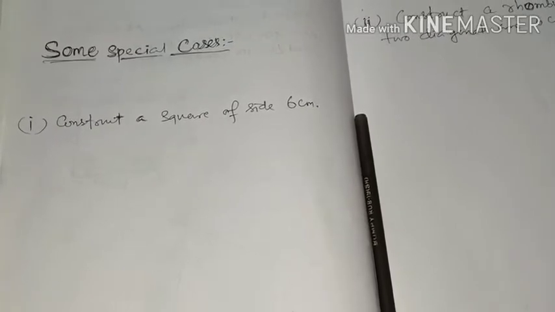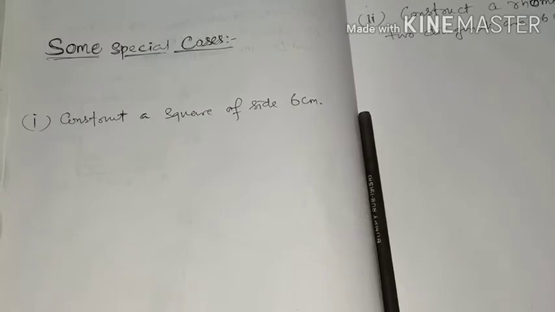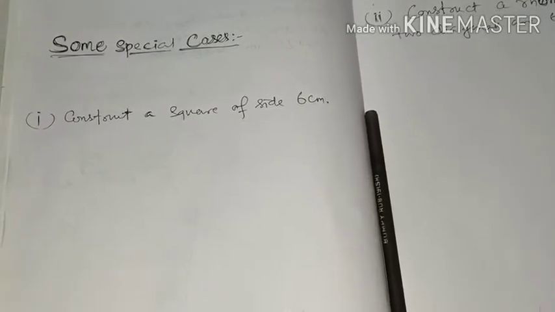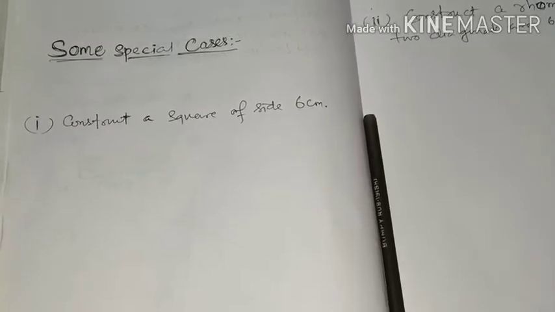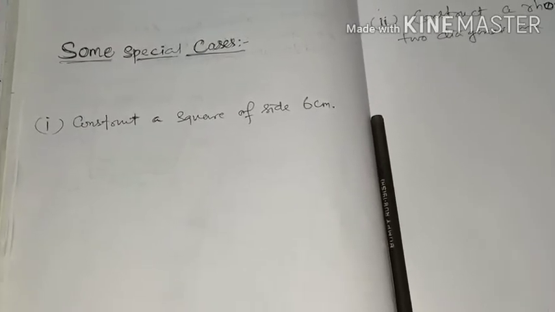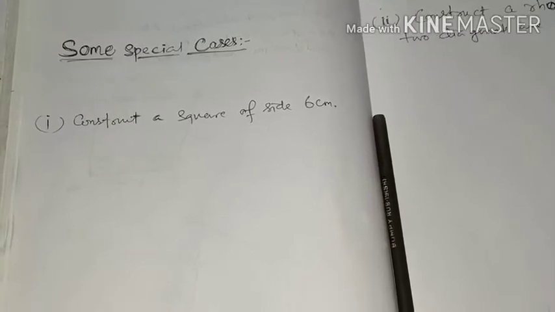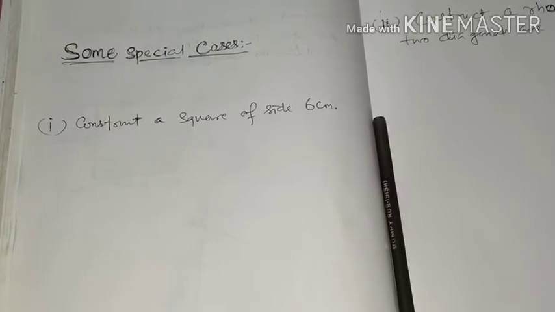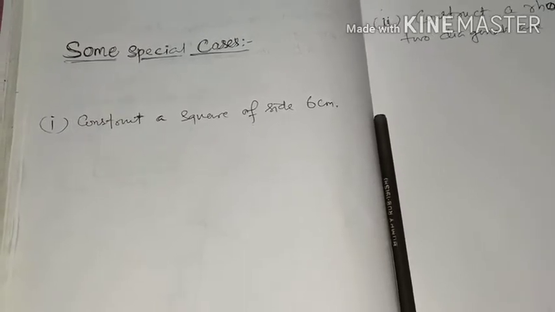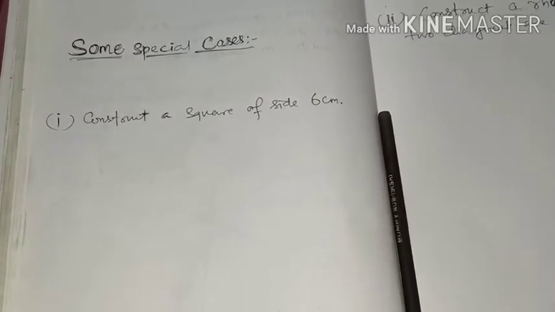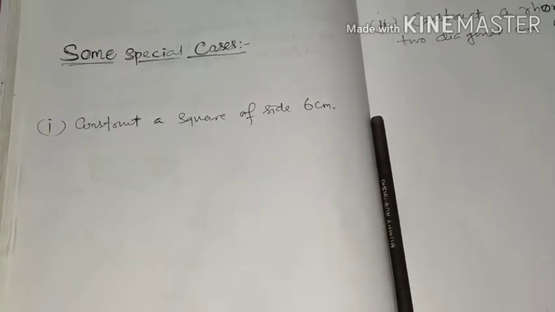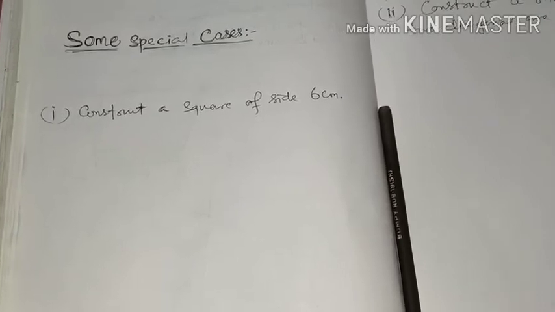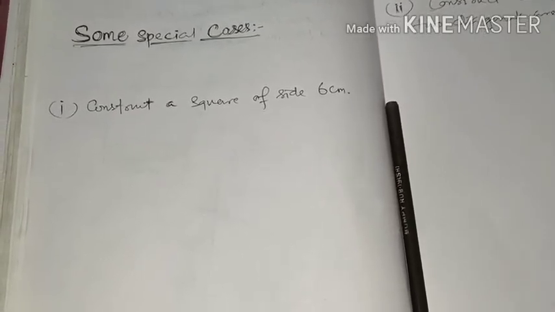So here we can see that actually we have many more details with us, because the figure is a special type of quadrilateral, namely a square, and all the angles of a square are right angles or 90 degree, and all the sides are equal. If one of the sides is 6 centimeter, it means all the sides are of length 6 centimeter, and all the angles are the same, that is right angle or 90 degree. So let us draw.